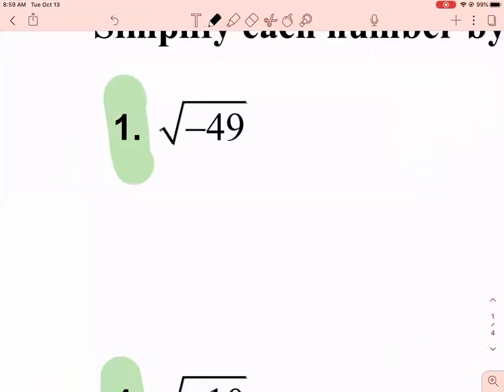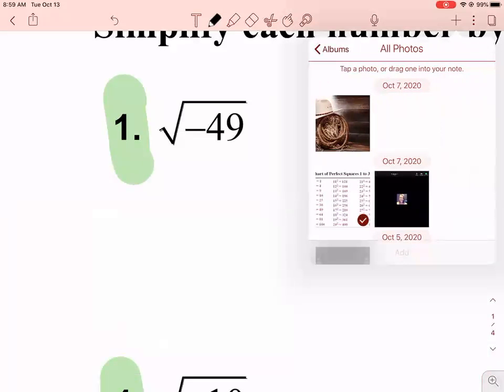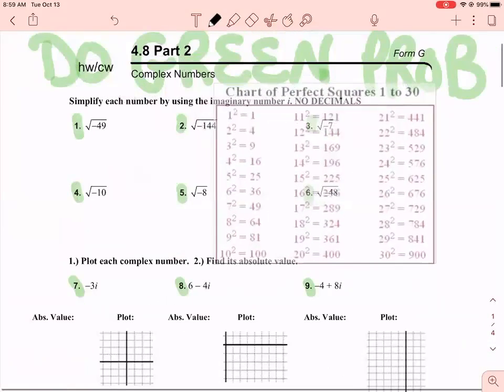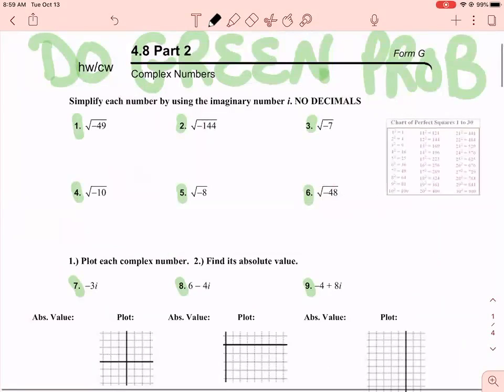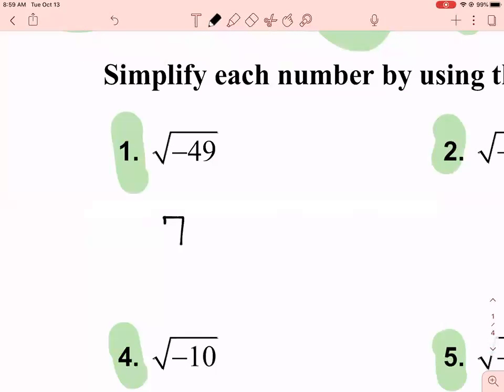Wonderful. I'm going to guess that you already have that little thing pulled up. Do you already have your little perfect square sheet on there? Good. Show them how to do it, because when I grade your homework, it's always on there, so I always know that you kind of know what steps to take. So she's going to look and see if there's a square root of 49. Yes, there is. What is the square root of 49? So it's a perfect 7, and the negative becomes